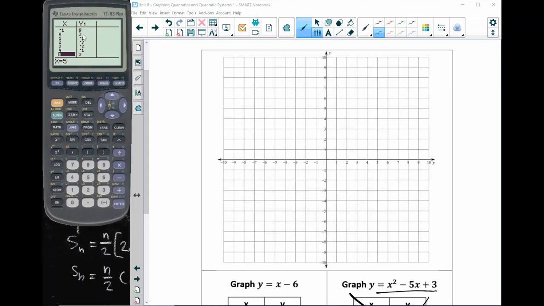Actually, if I analyze this, it looks like my pattern is 9, 3, -1, -3, -3, -1, 3, and guess what's going to be down here on x equals 6? 9. Okay, so I'm going to graph (-1, 9),